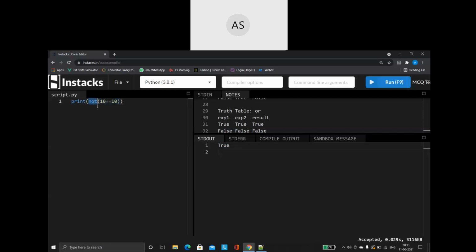But when I apply the NOT operator in front of the expression, see what the result is now. 10 equal to 10 is giving me the result as true, but the NOT operator before that is inversing the result. So it is giving me the opposite of what it actually is. That is how my NOT operator is going to be working for me.